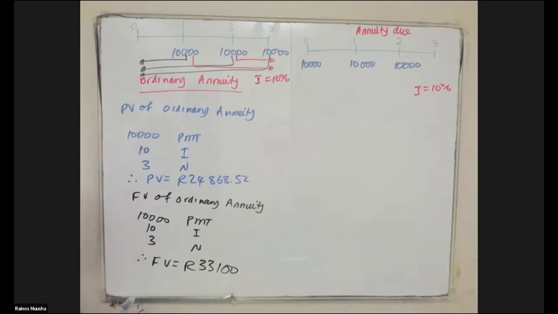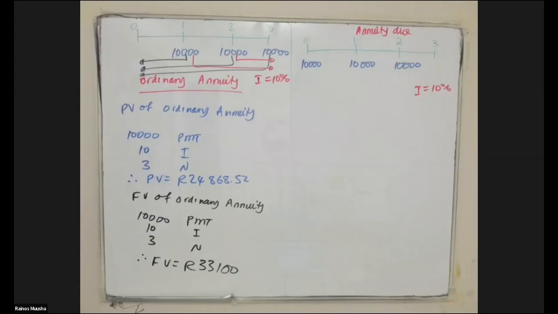I think the answer is 33,100. Yes, it's 33,100. Remember we said, unless you're calculating net present value, always treat the value of whatever you're getting as a positive amount, because it's just confirming movements in cash flows. Are we on the same page so far on what we have done? Any questions? Anyone lost?